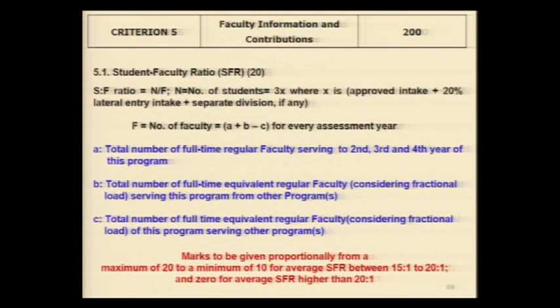Regular faculty definition, here it is not mentioned. The definition of regular faculty can be in 2 categories. The first category is somebody who is on board with prescribed pay scale, who is considered to be a regular faculty member. The other category of regular faculty member is: a program can appoint a faculty member on contract basis also, but that contractual appointment should be for a period of 3 years. But the important thing there is that the consolidated salary to be given to this contractual faculty member should be at least equal to the applicable gross salary in that particular cadre.